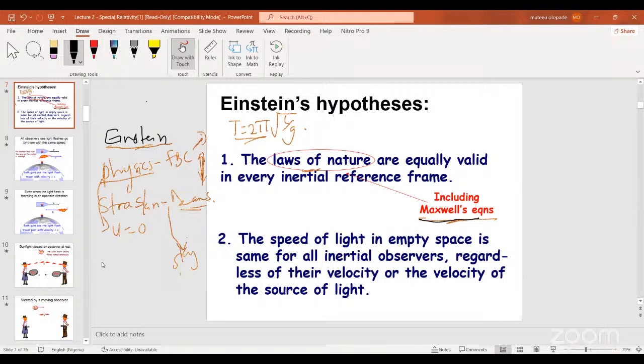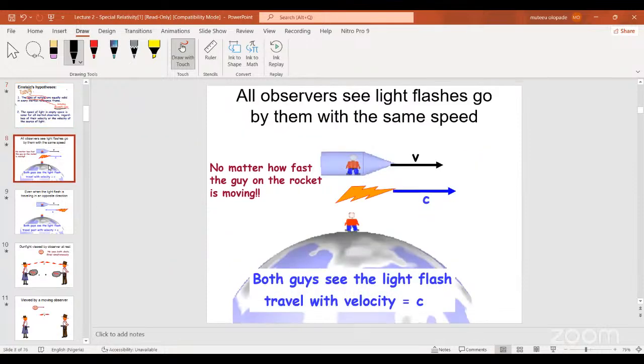However, the observation continued. Scientists were actually observing things. And later on, after Einstein proposed those two, all observers will see the light flashes go by them with the same speed. All observers, no matter how fast the guy on the rocket is moving, will see the same thing. So which means the speed